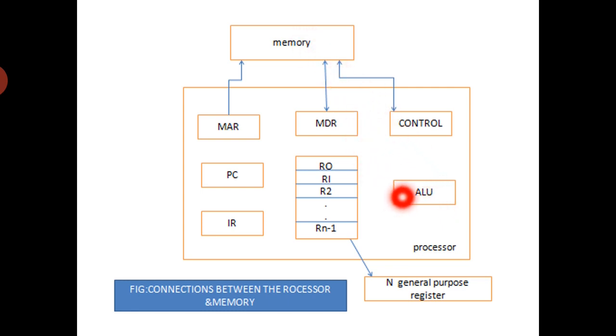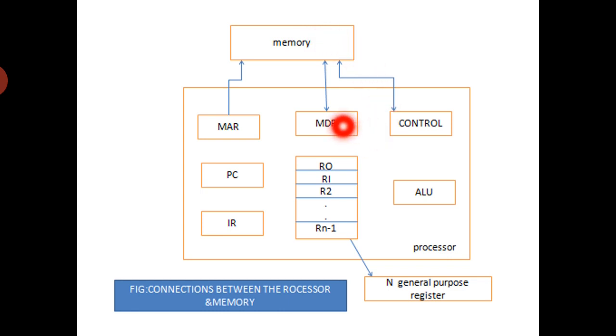So how is the data transferred from the ALU to the memory? First the result is sent to the MDR. Here a write cycle is initiated, meaning we are storing the result into the memory; it is a write operation. Whatever address is present in the MAR, in that address the result in the MDR is going to be stored. This is the write cycle.